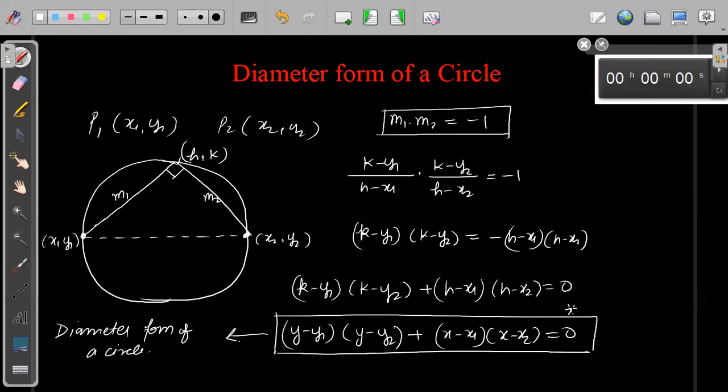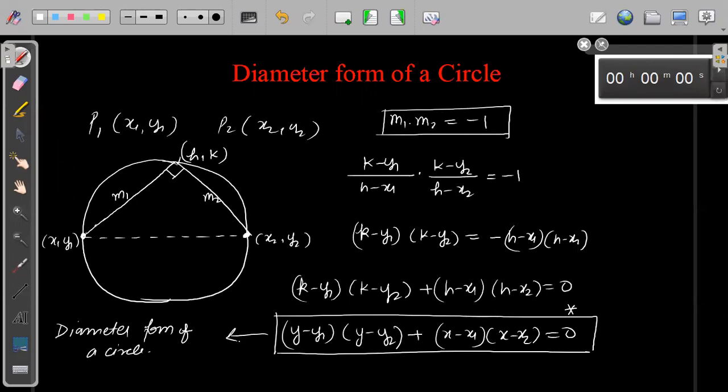Sir, why minus one? Arre bhai, two lines are perpendicular to each other. When two lines are perpendicular, the product of their slopes is equal to minus one. We have done this 1,000 times. Please revise the notes. If you do not revise, you will not be able to understand whatever we do afterwards, because all things are linked. If you do not revise, there is no point in attending the class. Understand?